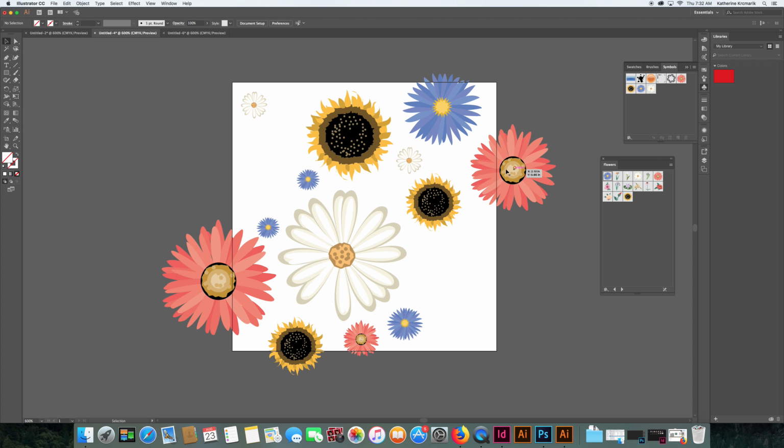So like I said, whatever is here needs to also be here. So the first thing I'm going to do, I'm going to select this flower here, and I'm going to go ahead and do Command C or Control C on a PC. As a note, just in case I forget, if you're a PC user and you hear me say Command, you should just know Control, and whatever follows that will work on your computer. Command C, and then Command F or Control F will paste it in place on top of it,